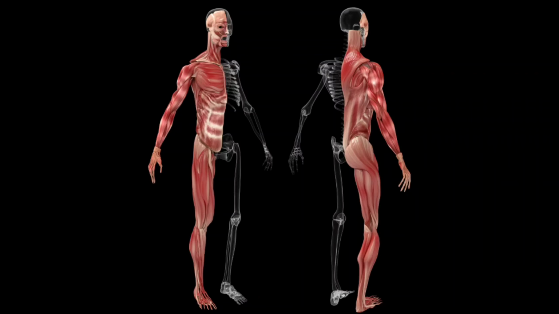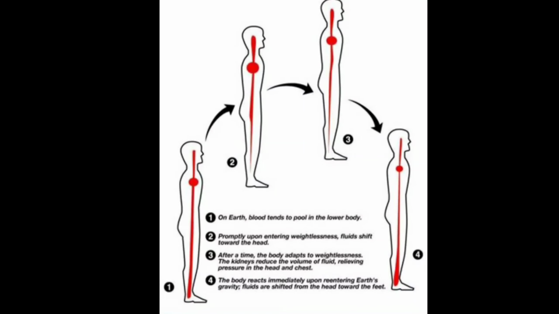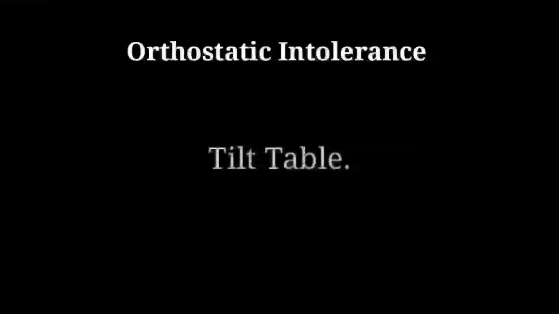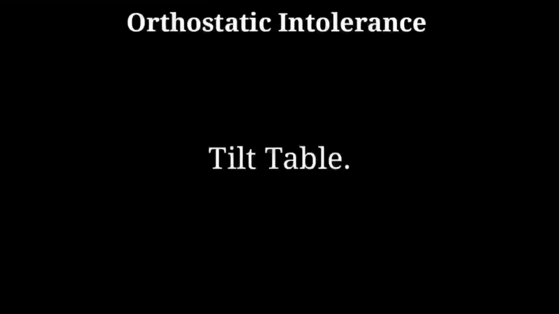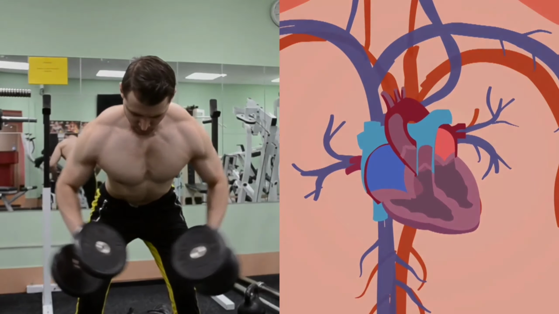Due to the musculoskeletal changes, our muscles go into atrophy and we lose our second heart. We all know that the calf is our second heart. Due to the inactivity of the calf muscle, they can't pump blood back towards the heart. So an excessive amount of blood accumulates in the legs, and due to this, astronauts suffer from orthostatic intolerance. To cure this condition, we use a tilt table. We gradually go from the supine to the standing position. We also perform strength and endurance training, the same as in the pre-flight phase.